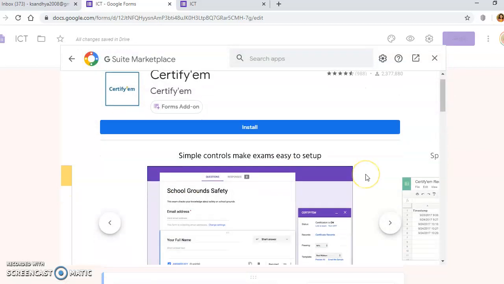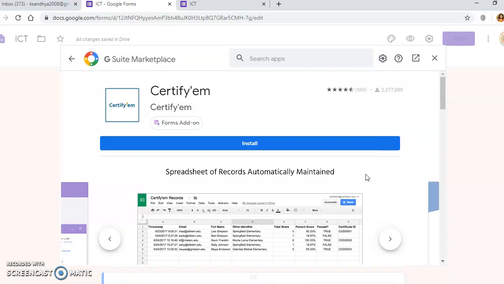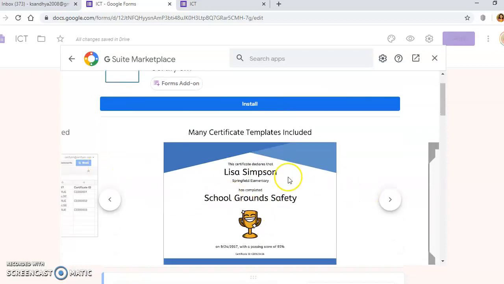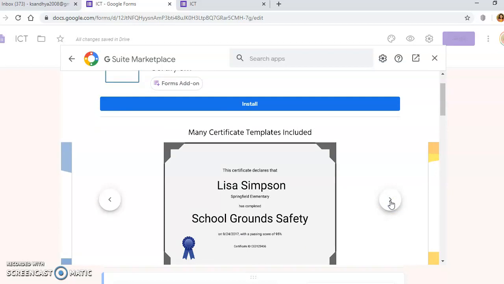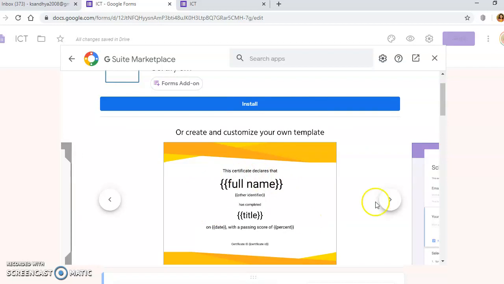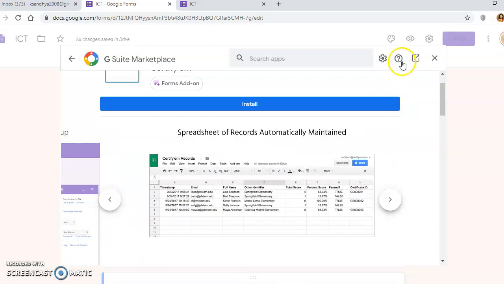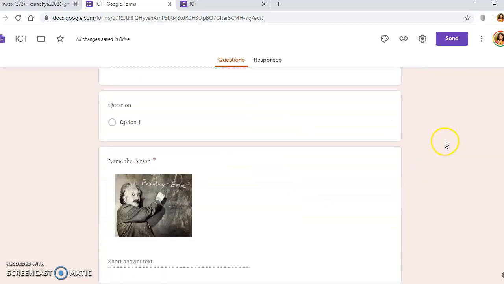If you click on this, you will get an option. You have to install this. After installation, it will give you templates like this. You can see over here what kind of certificates are here. You can change the font size, you can change the content, whatever you want to add in this.